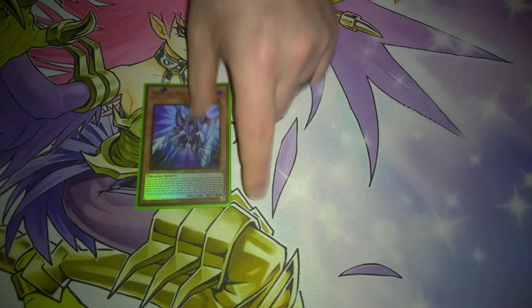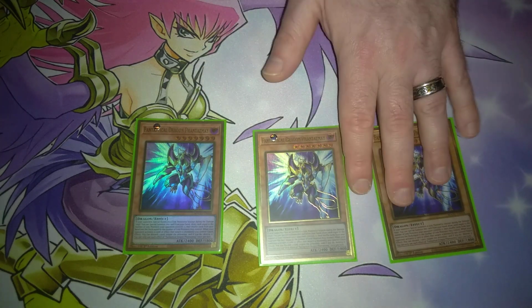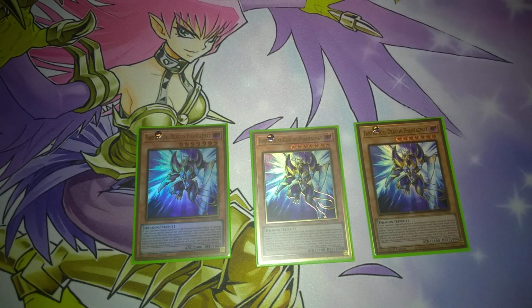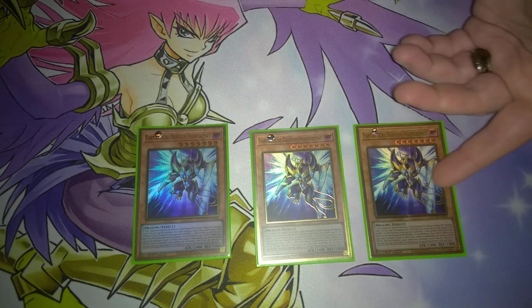And then for the hand trap, we have 3 copies of Fantastical Dragon Phantasma. Say that 5 times fast. So this is the hand trap in the deck, because if your opponent controls a Link monster, you can special summon this card from your hand, and you can draw cards equal to the number of materials that they used for their Link